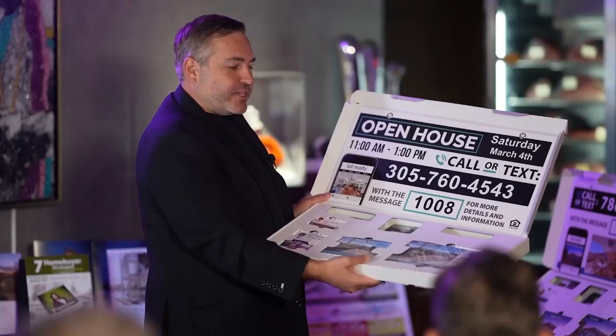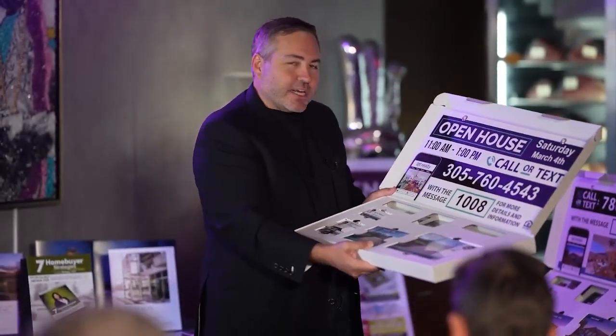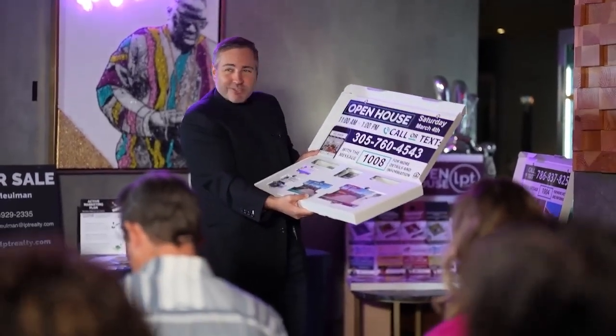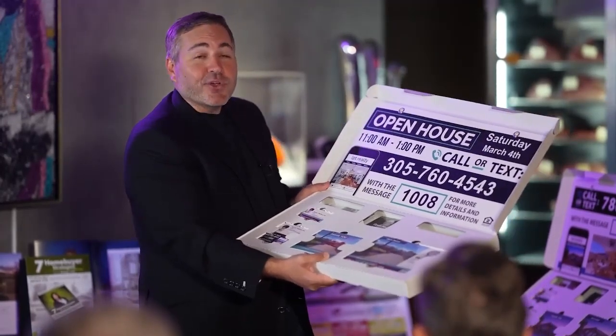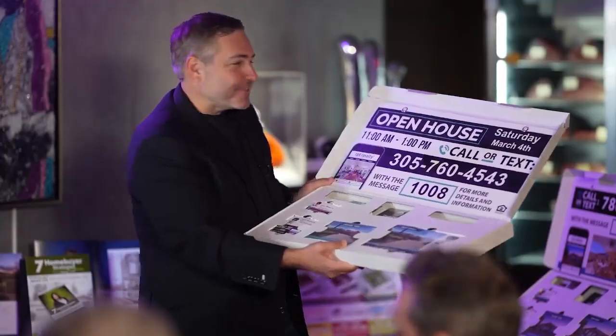And again, you drive a different level of excitement from the neighbors because they say, wow, that agent printed custom door hangers just to promote the open house. That agent printed a custom sign writer just to promote the open house. I wish my agent had worked that hard when they were selling my home. We see this reaction over and over again to the Listing Power Tools system available here at LPT Realty. And through that